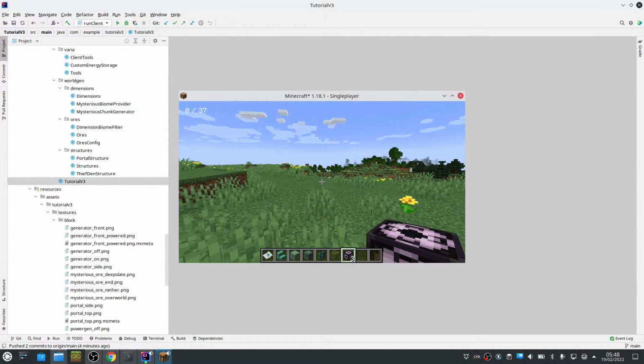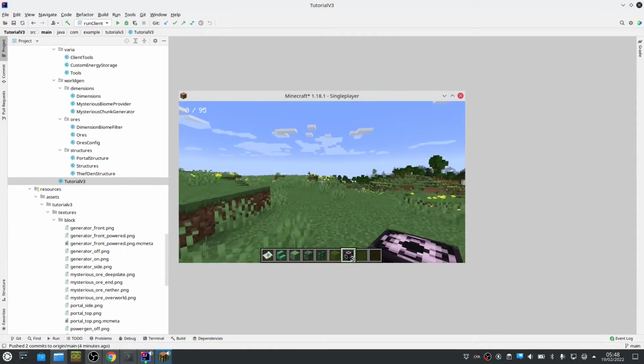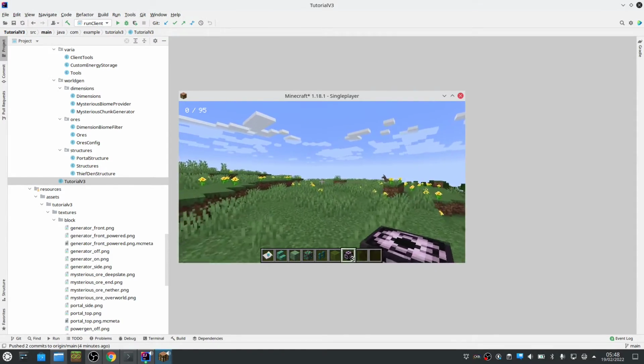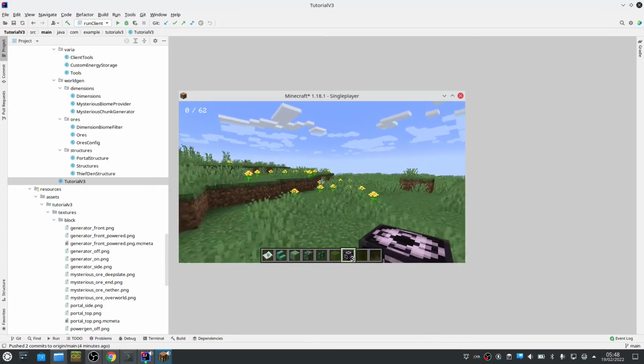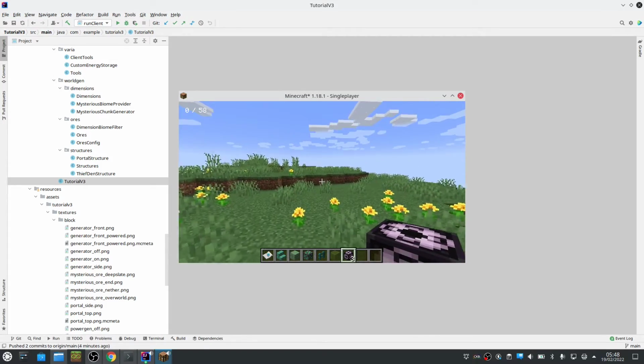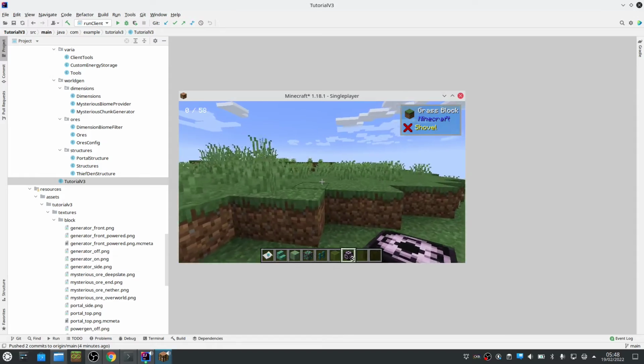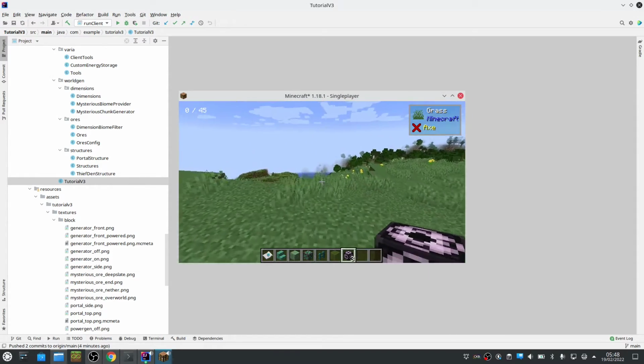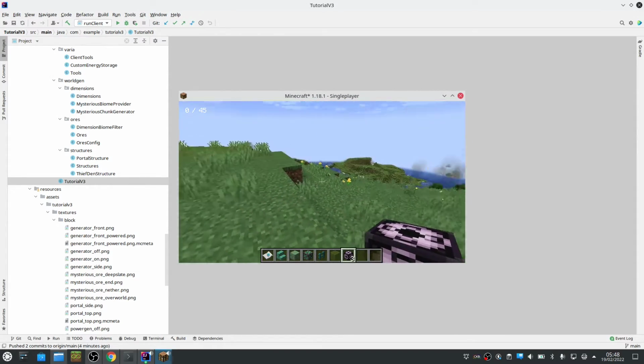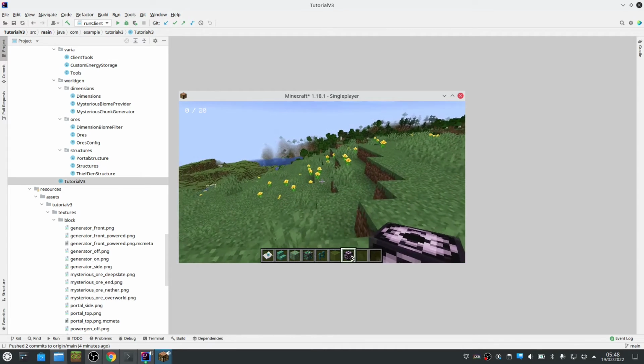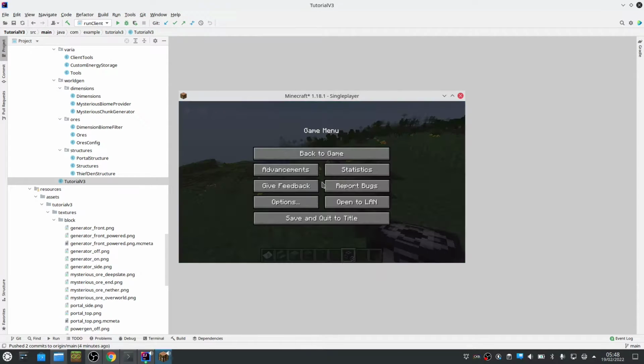I'm going to implement a mana system in this tutorial. So in the top left corner you can see two numbers. The second one is how much mana is in a chunk, so that's something that we will generate and keep in the chunk, and the left number is how much mana the player has collected. And I made it so